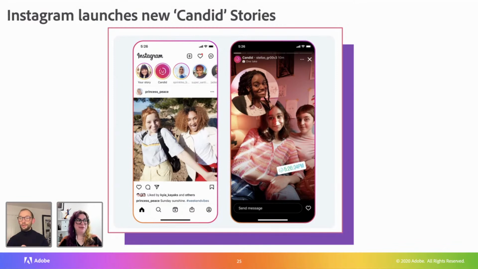So next in the series of Instagram rip-offs of different products: stories from Snapchat, reels from TikTok, and now we've got candid stories from BeReal. So the third in the line. If anyone is using BeReal, are you still using BeReal? I am, but this is so fascinating to me, because I've seen this and I accidentally stumbled into the TikTok version too. I forget what it's called, like TikTok Now or something.